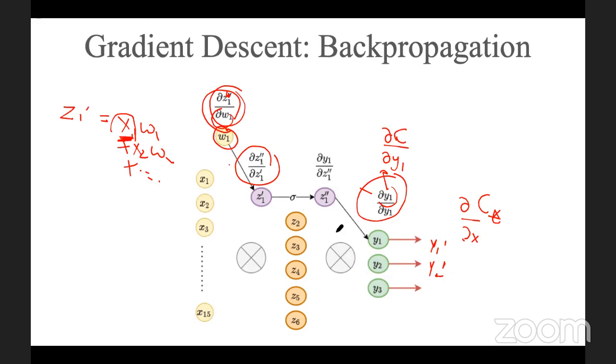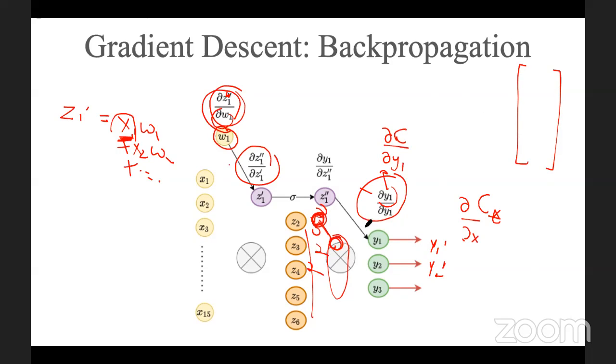So if there's another layer here, you just assume there are new weight nodes here, and for every neuron here, let's say there are six neurons here, so there will be six weight nodes, and then you do this procedure for all those nodes, and that's it. Then you just multiply it and figure out the actual final derivative of C with respect to W, and you just store all that in a